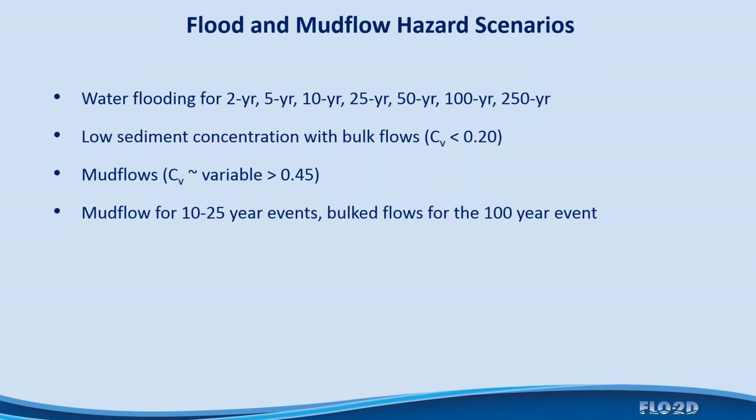Then finally, the third, so that's water flooding, a low concentration where you're just trying to bulk the actual water flooding, so that you're getting a more representative flood event instead of just clear water. And then get on into the mud flow analysis and maybe do some mud flows with the CV variable, or if you have a pretty good handle on the sediment supply at a location, you can enter the volume and then do the mud flow for the 10 to 25 year events, and maybe just a bulked flow